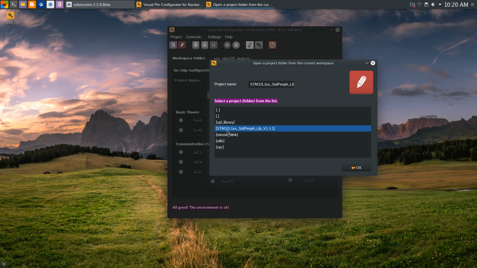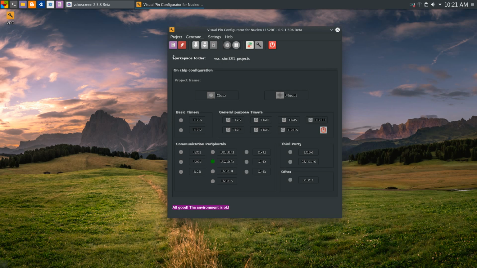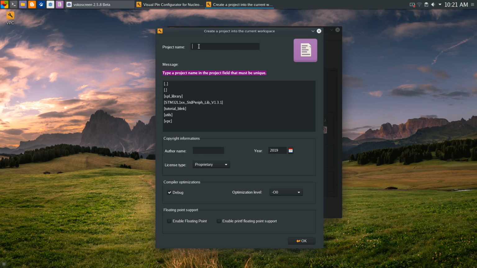This is the only thing regarding open a project. You have here a preview of existing project files, and trying opening that, it will complain about missing a file. I'm working on this, so we'll close this one and create a fake project. Let's see, it doesn't matter the name. These are also not important for this, but